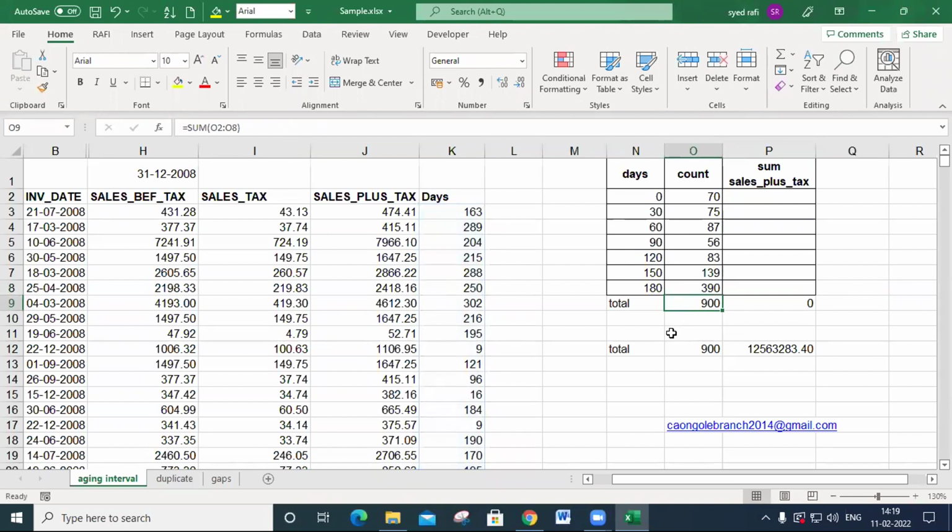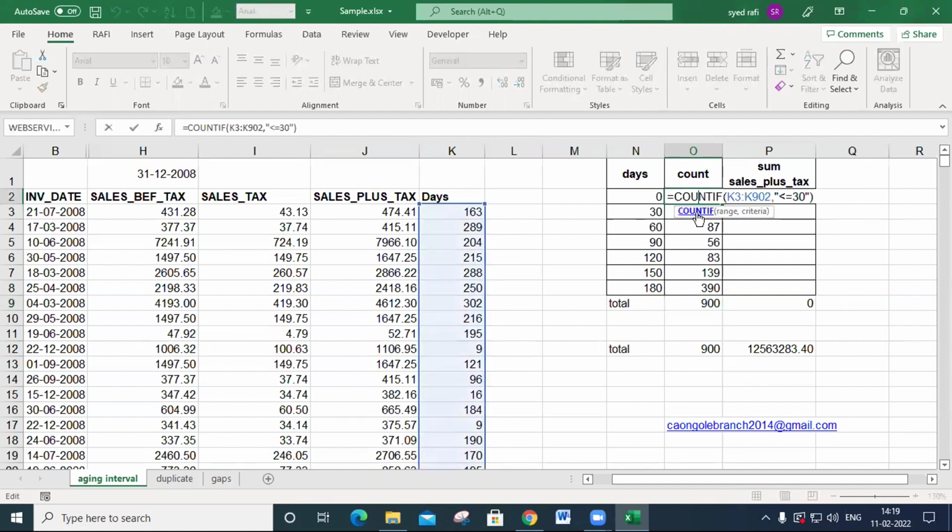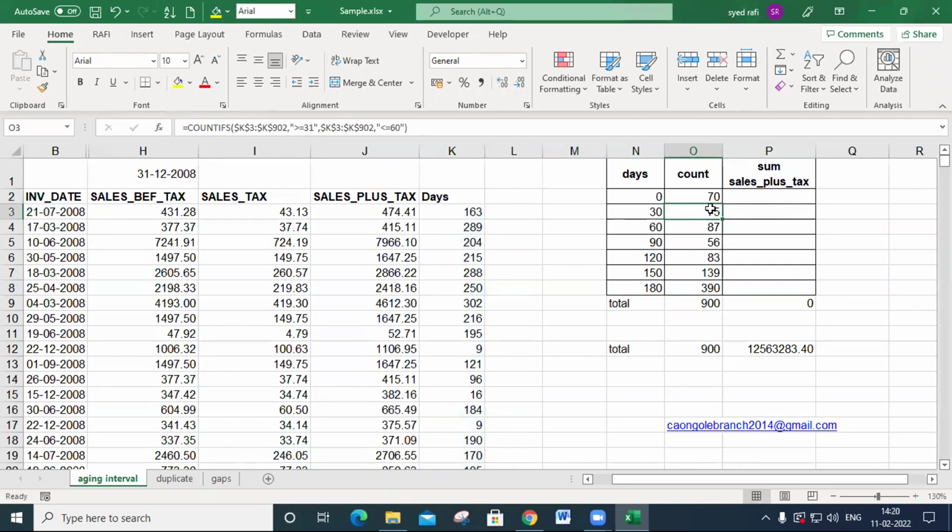In this manner, you may use COUNTIF. There are a lot of examples I will explain in the further classes, including the COUNTIF function. You must concentrate on COUNTIF, SUMIF, functions like these. It's very important. I hope you understand how we make this.